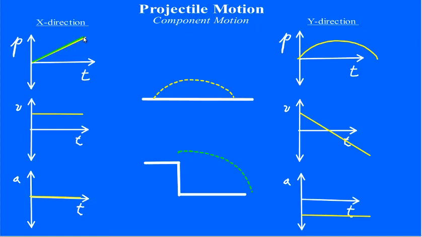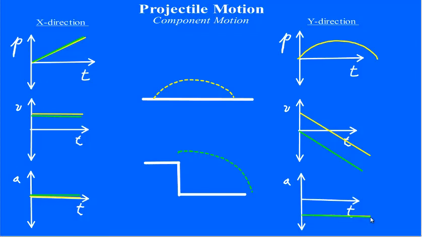This is assuming that I threw. I'm just going to draw these on top of each other here. Okay, the only difference is over here on the y side, this graph would look like this. Okay, the velocity graph. I started from zero. When you launch something horizontally, it doesn't have an initial y velocity. Okay, but all the other graphs would